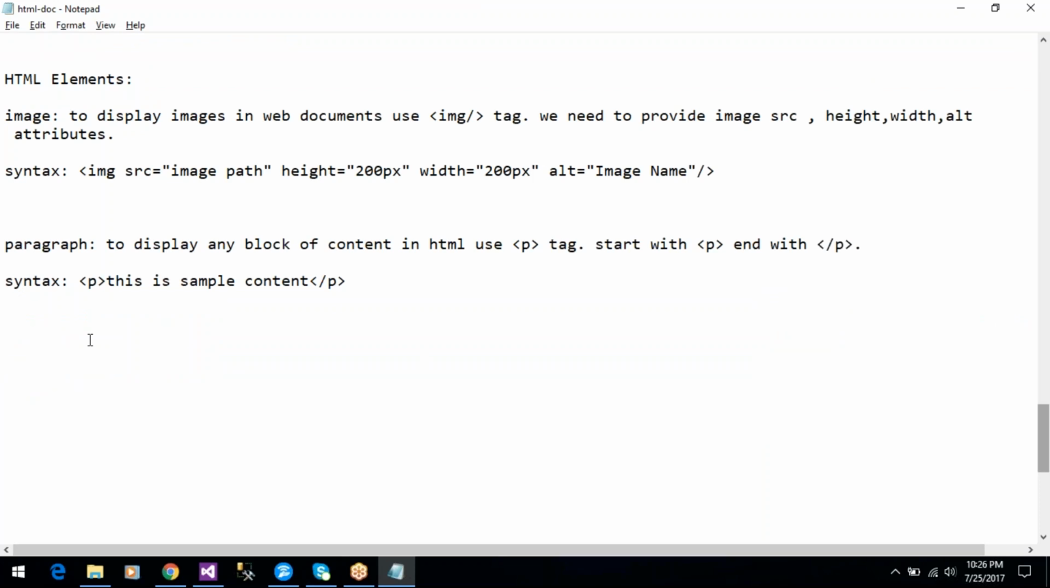Next one, HTML headings. Okay, HTML headings. So HTML headings are defined with H1 tag to H6 tags. Okay, and the H1 tag is the most important tag,